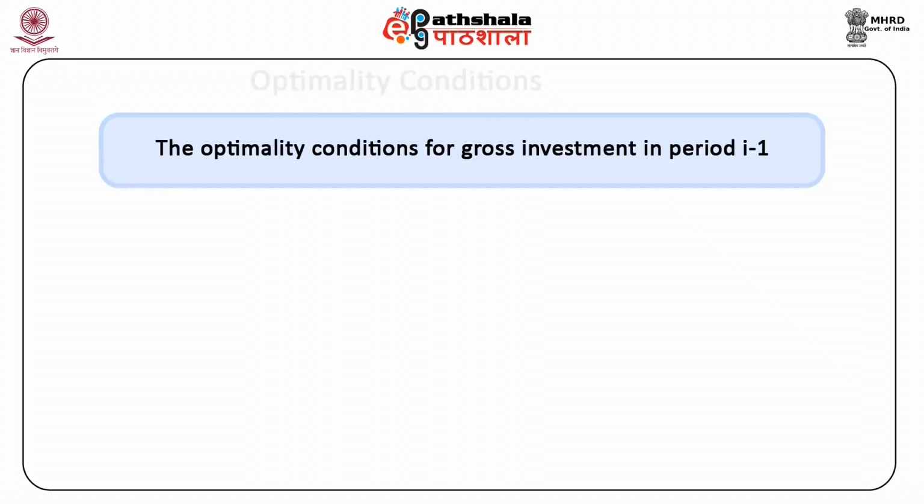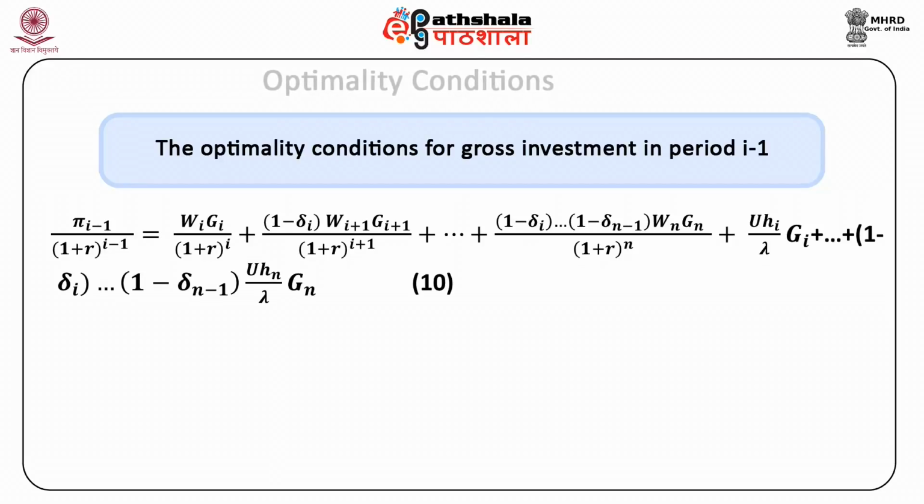The optimality conditions for gross investment in period i minus 1 are pi i minus 1 upon (1 plus R) raised to the power i minus 1 is equal to Wi into Gi upon (1 plus R) raised to the power i plus 1 minus lambda i into Wi plus 1 into Gi plus 1 upon (1 plus R) raised to the power i plus 1